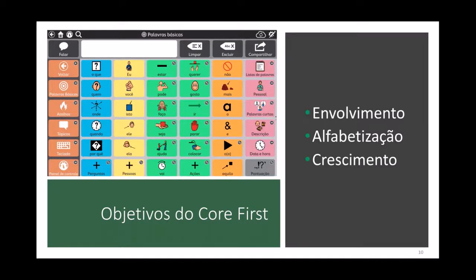Some of our other goals for Core First were that we wanted individuals who use AAC to be engaged in conversations, engaged in the classroom, and engaged in their world. The other thing that we wanted to focus on